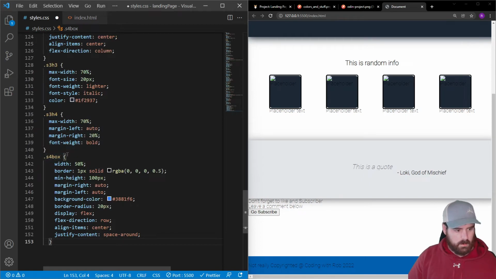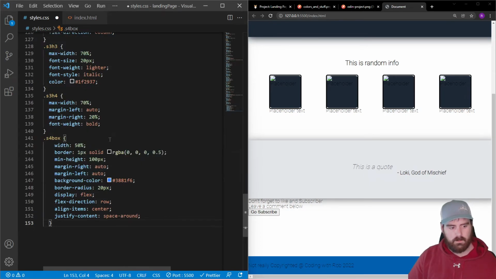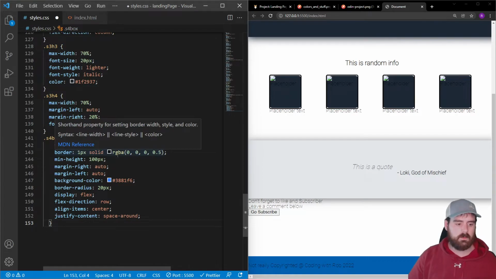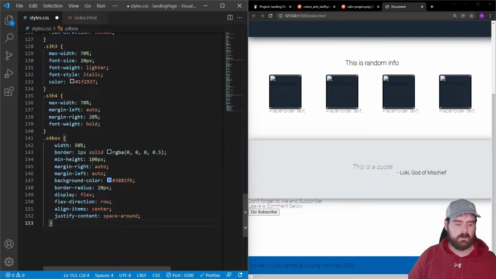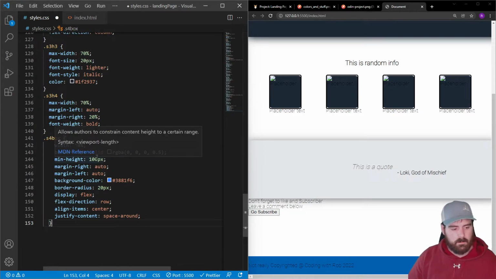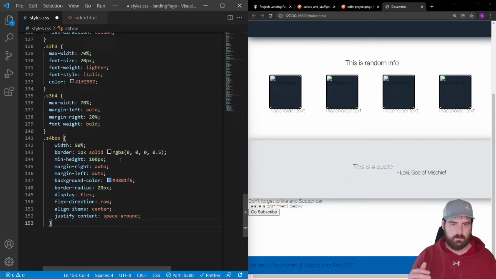We're going to do .s4 box. We're going to set a width of 50% of the screen. We're going to assign a 1 pixel solid black border. So we're going to bring down the black to 50%, so it's going to be a little bit more gray. We're going to set minimum height of 100 pixels, so it's always going to be at least 100 pixels tall. We're going to set margin right to auto, margin left to auto, so that should center it in that div,